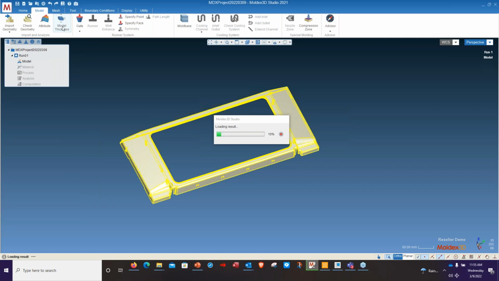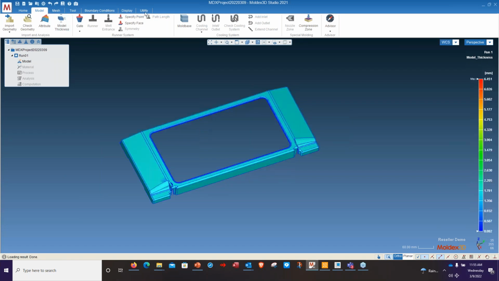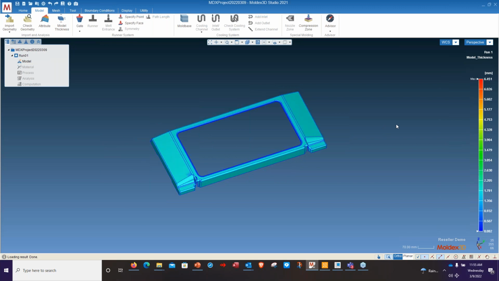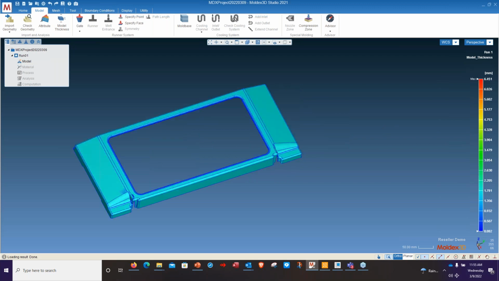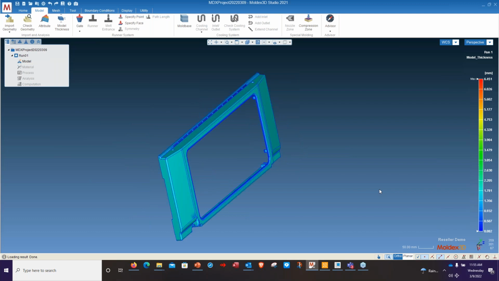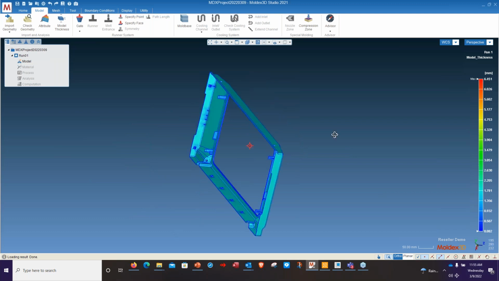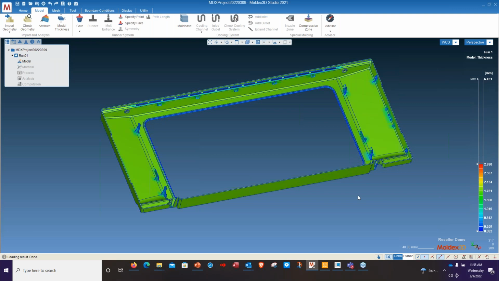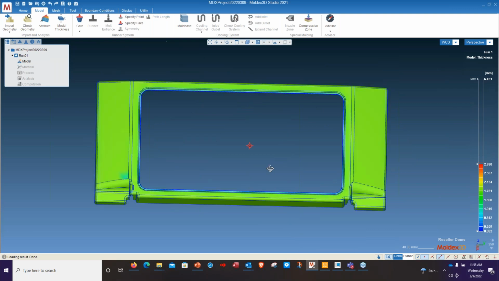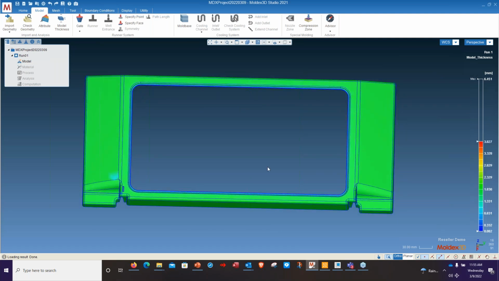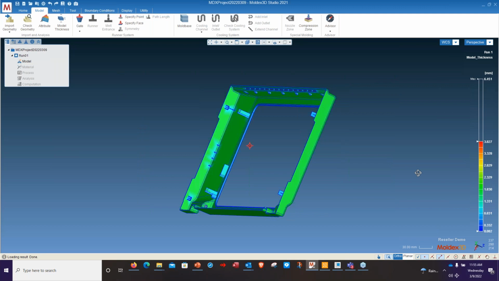So this is going to run a mesh over the part as is, and it's going to allow us to evaluate to make sure... part, especially when we're talking plastic injection molding, we want as uniform of a wall thickness as possible. We can scale down to evaluate our model thickness, and for the most part, this part is pretty uniform wall thickness. There might be a couple of areas where it's a little thinner or thicker,